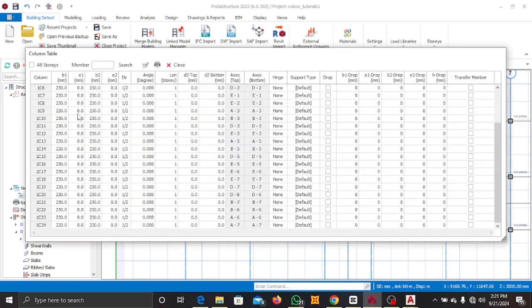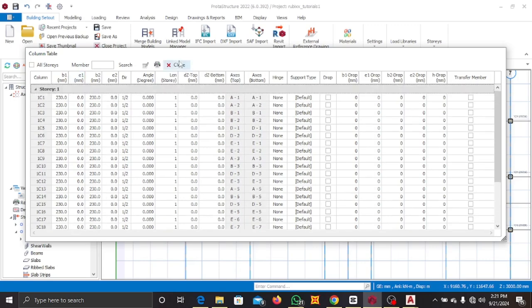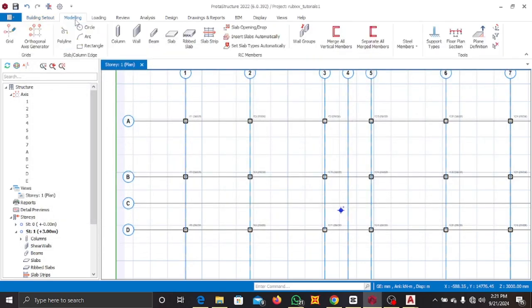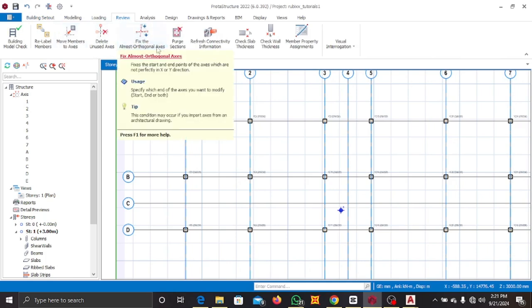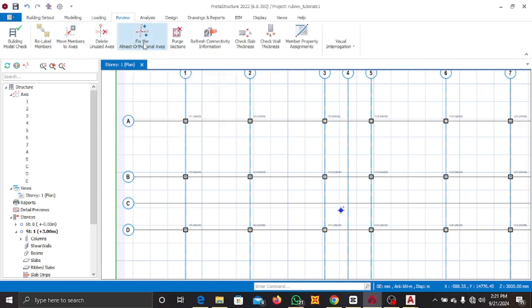Okay, so you can make sure that all the dimensions of your column are 230 by 230 and the eccentricities are 0. It's just to check, so you can confirm it. You can also come to your review, and you have fix, in case we made a mistake in our axis. Maybe we drew axes that were not linear or not orthogonal, so you can fix almost orthogonal